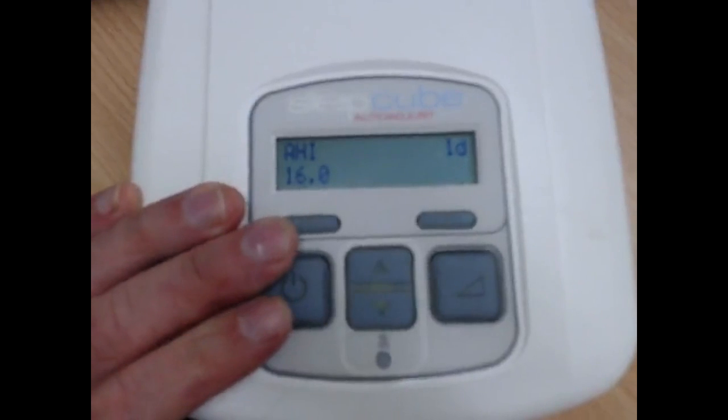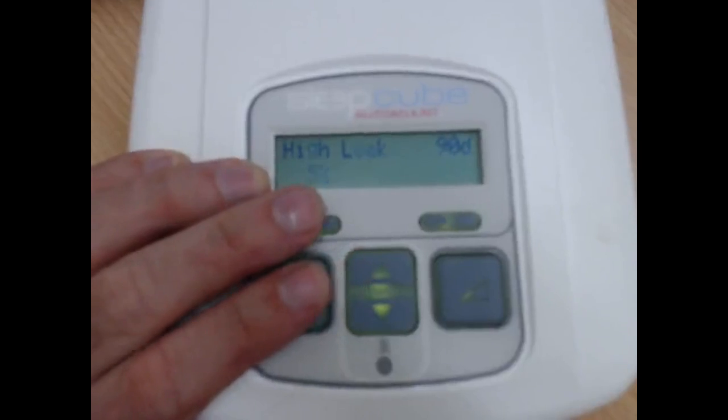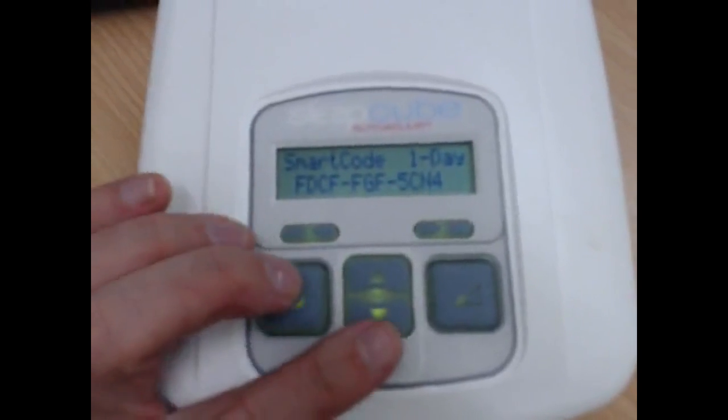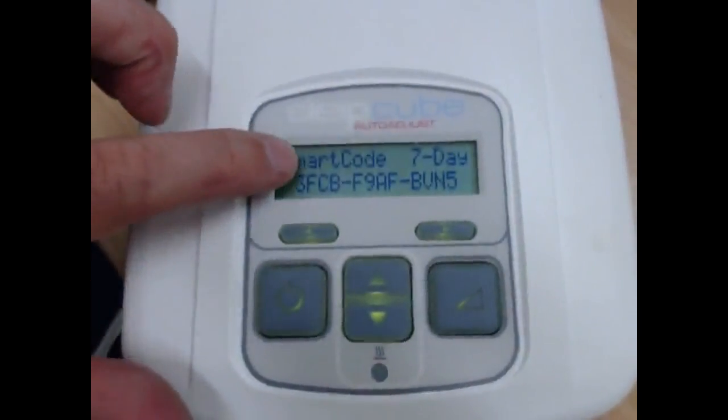All right. And to do that smart code, to get the data, I'll just exit that for now. If I just press the top left button, it says smart code, press the down button, and it gives us the 7-day average, which is what we're after. It gives us the string of numbers along the bottom there, there's 8. We write those numbers down and we go to